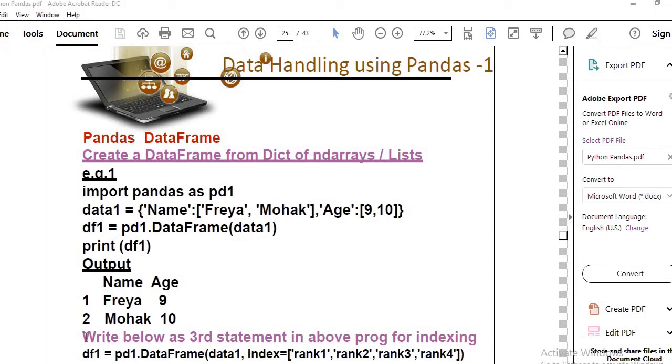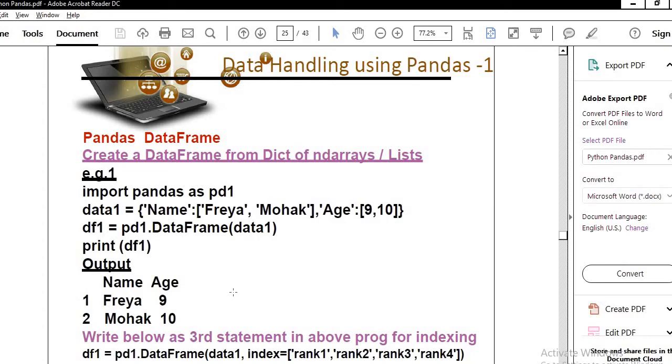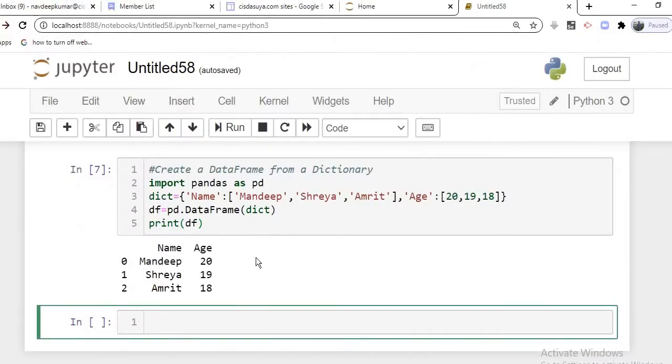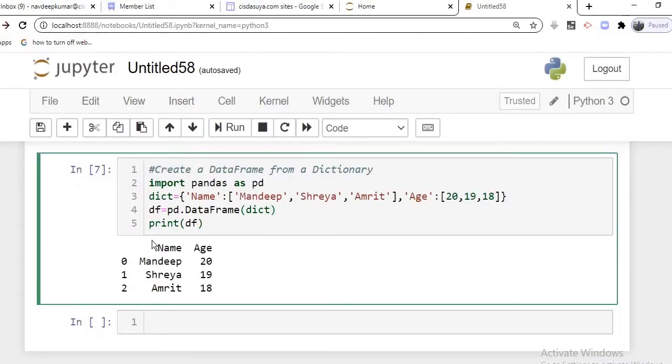So now let us add this code right below the third statement in the above program for indexing. So we want to change the index values. If we want to change the index values in our example, how can we do that? Now you see here we want to change these index values.